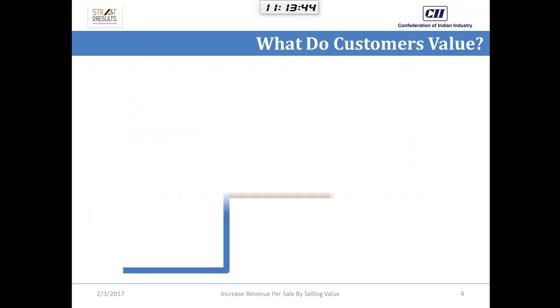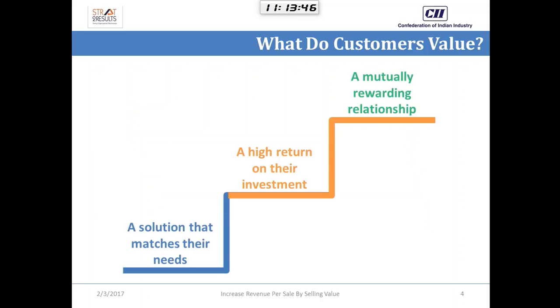So a quick look at what do customers really value. It's really a step thing. The first thing that the customer will be looking for is a solution that matches their needs, because if they're not getting a solution that matches their needs from a vendor, there is no conversation beyond that. The second thing is if the solution does closely match their needs,